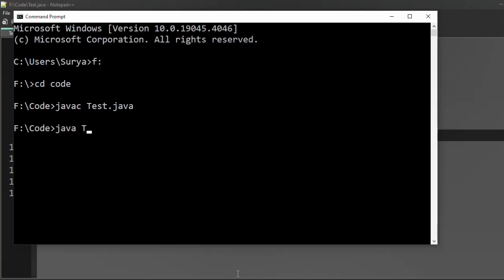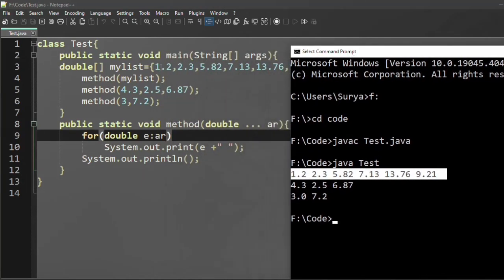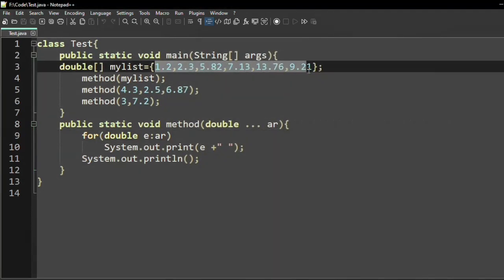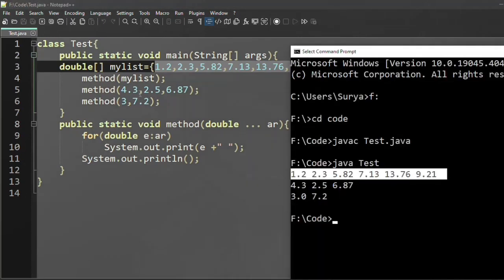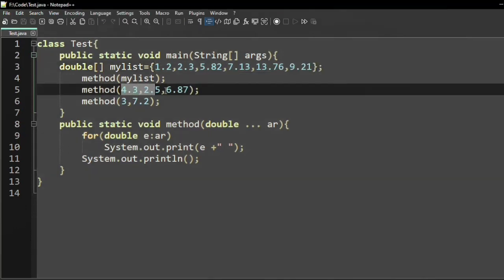Then java test. So it is displaying the elements like this: 1.2, 2.3, 5.82, 7.13, 13.76, 9.21. That means the elements of this array it is displaying. Now it is displaying 4.3, 2.5, 6.87, that means this one.